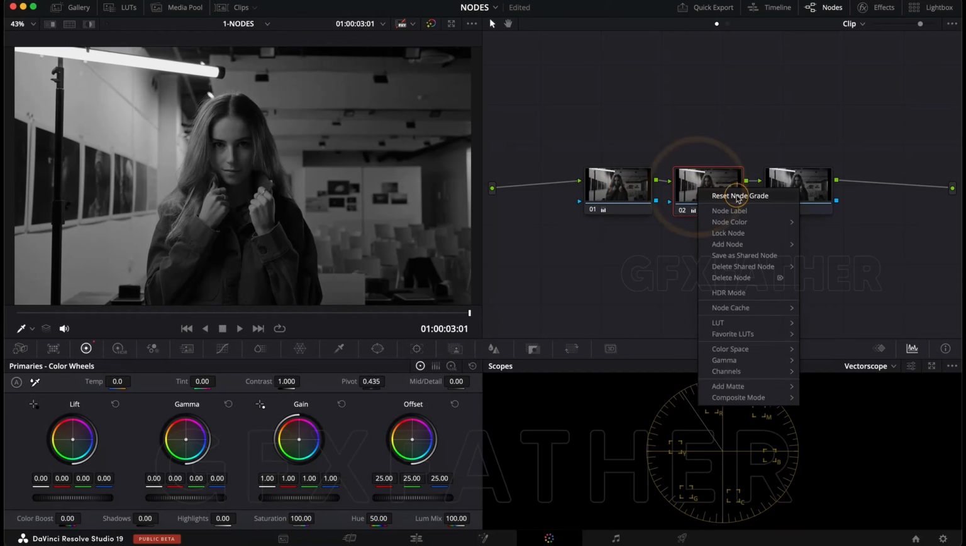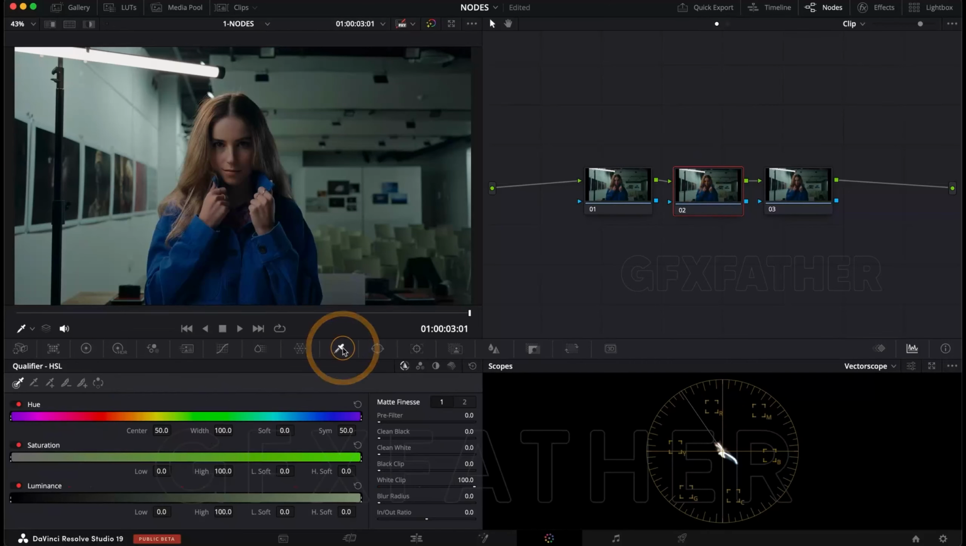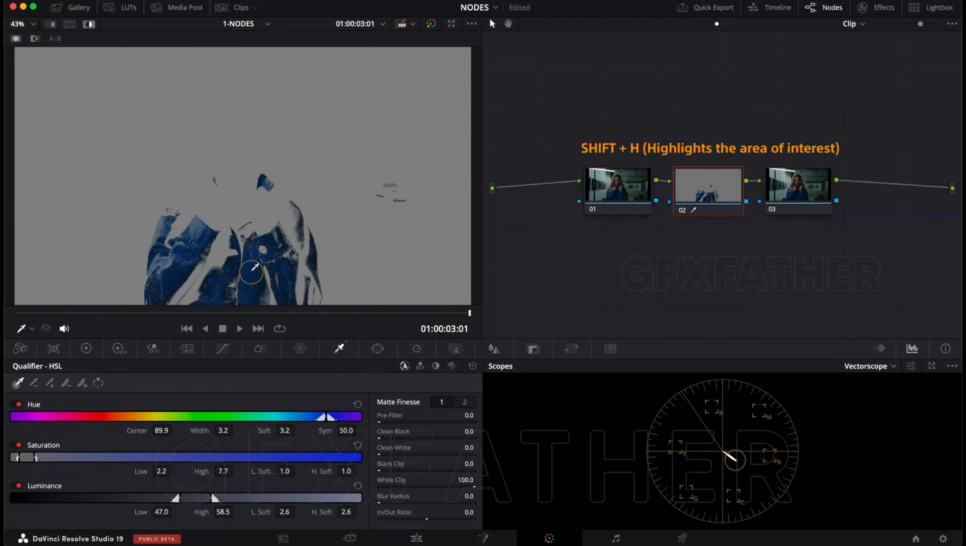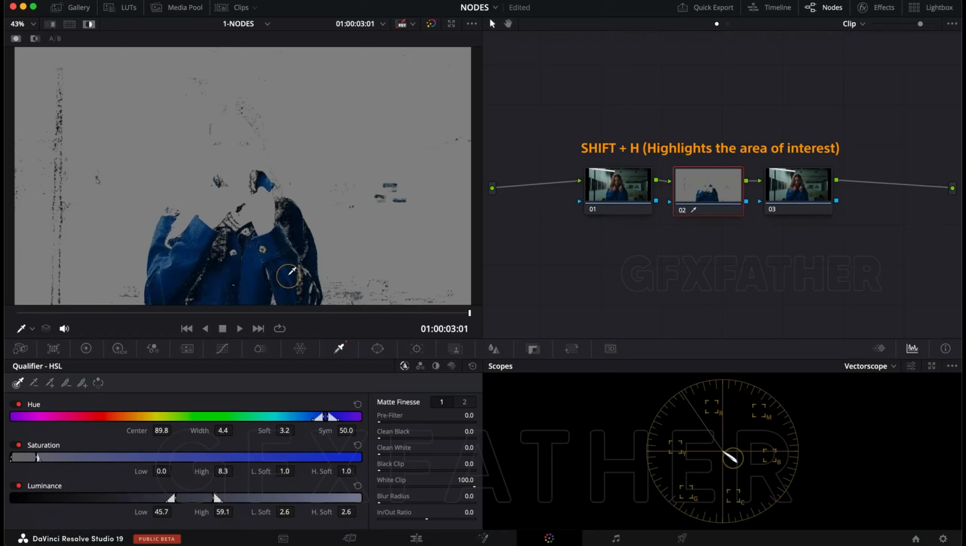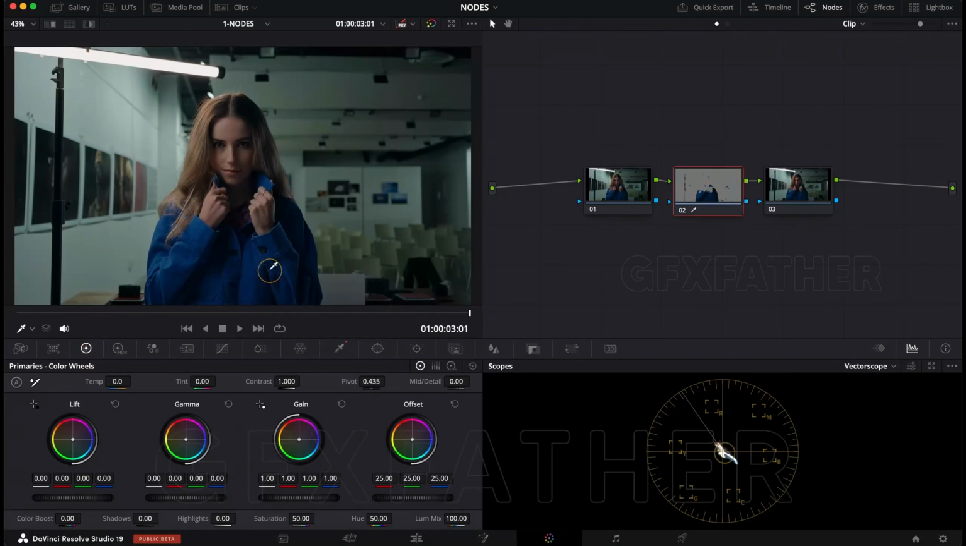Another way to explain it would be to reset these nodes. Go to the second one and click on the qualifier. Start painting on the jacket and press Shift H. So just paint and try and isolate as much of the jacket as possible without affecting the rest of the image. That's fine. I'm not trying to get a perfect key here. It's just an example, and press Shift H again. What I've just done is I've isolated this specific shade of blue. You can see it's over there. So if I make an adjustment, it's only going to affect the area that I've selected with the keyer. So I'm going to pull the hue over here, and let's make it sort of a purple / magenta color